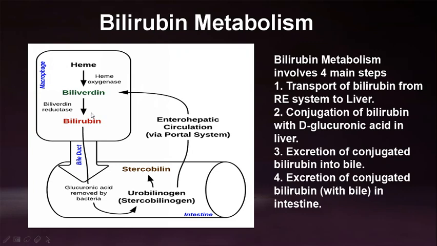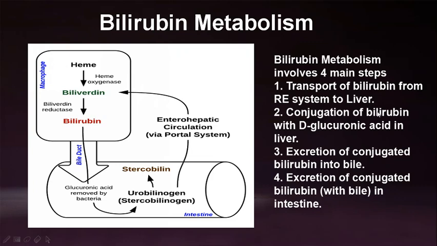So here, the bilirubin formed in the reticuloendothelial system is transported via blood into the liver in a bound form to plasma albumin. That is, this bilirubin will be in a bound form with albumin. So it forms a complex called the bilirubin albumin complex. This bilirubin albumin complex is known as indirect bilirubin or unconjugated bilirubin. So you have to understand the meaning of unconjugated bilirubin. Unconjugated bilirubin means the bilirubin which is complexed with plasma albumin. So this unconjugated bilirubin then undergoes conjugation.